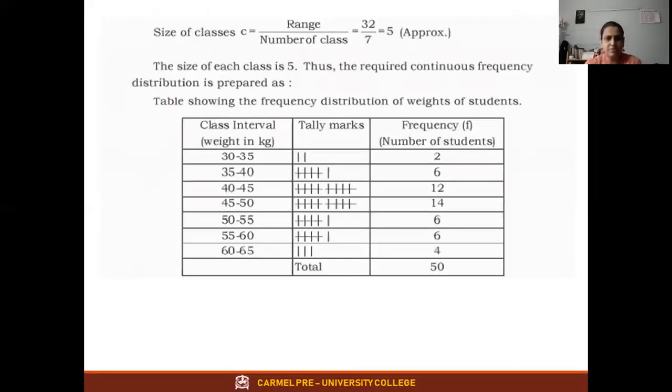Now when I'm putting for 50, where should I put? Should I put it in 45 to 50 or 50 to 55? We have to put it in 50 to 55 and put the tally marks. You only put and then cross check with this question whether it is correct. I've given you to do this only as whatever is in the classwork, do it as homework. Okay. And then tally mark, frequency, total you should get 50.